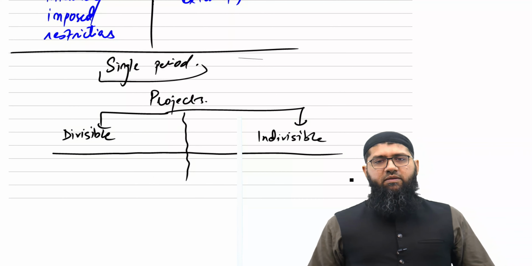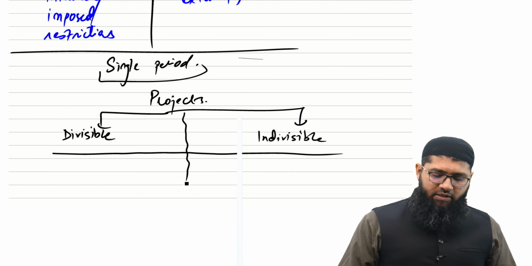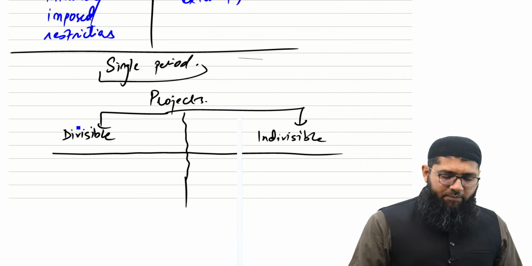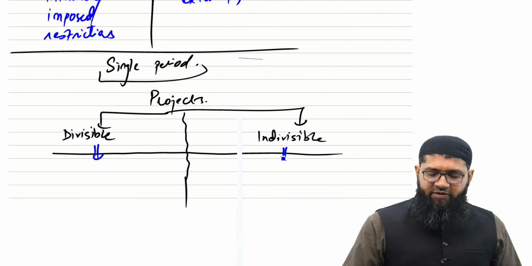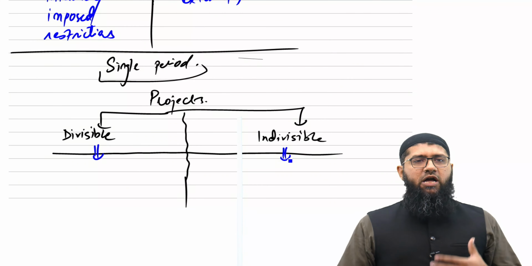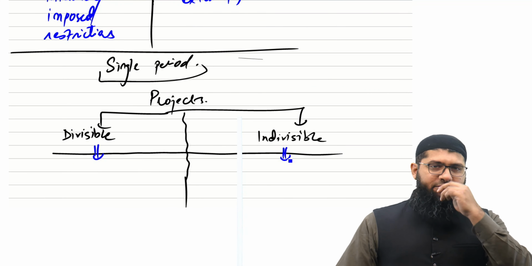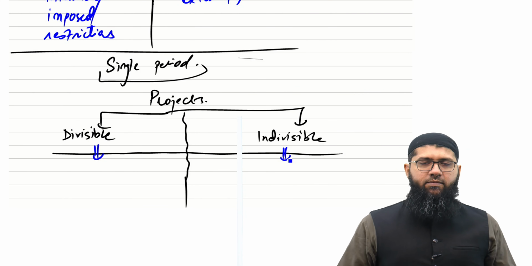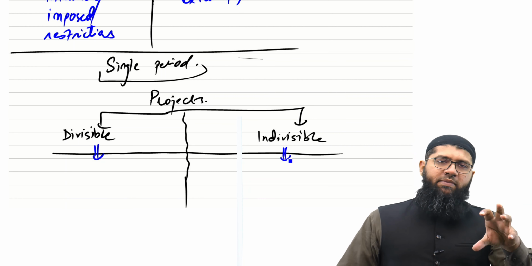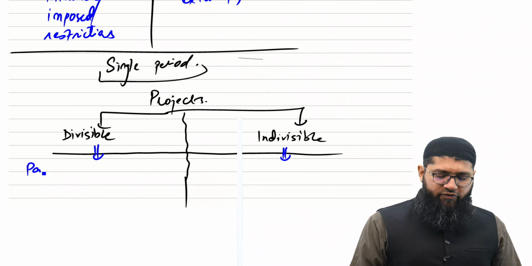One of them is a divisible project, the other one is an indivisible project. What's a divisible project? What's an indivisible project? Let me just guide you a bit. When I talk about a divisible project, that concept is a project that can be scaled down. What you could say is that part of the project